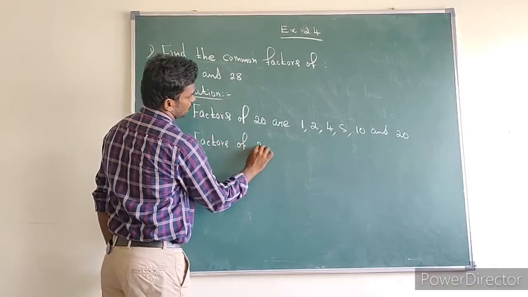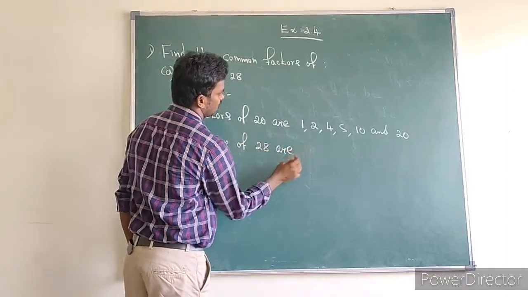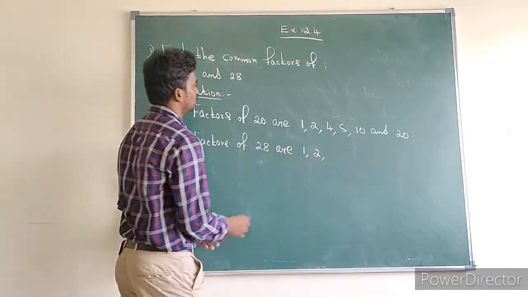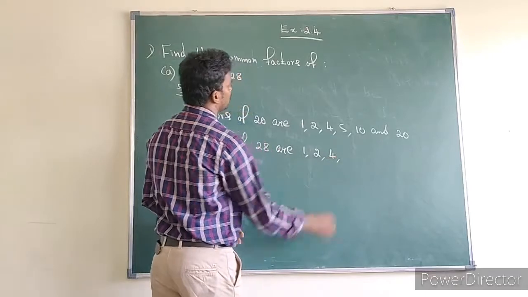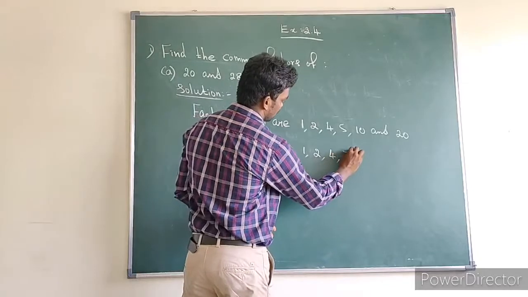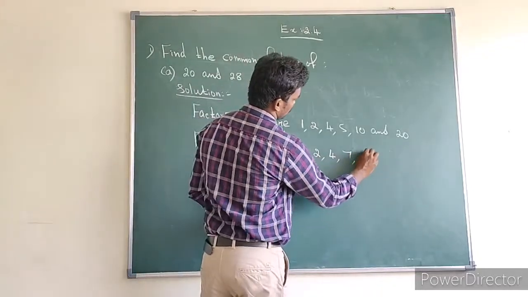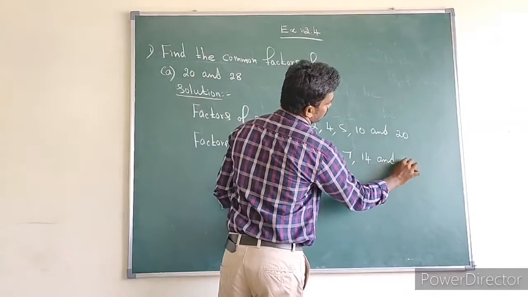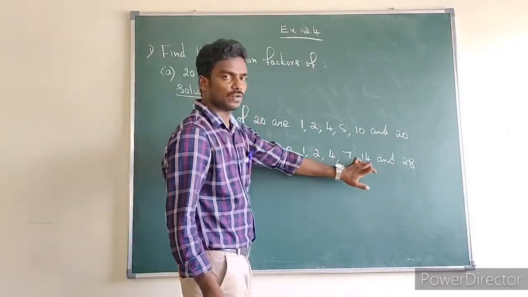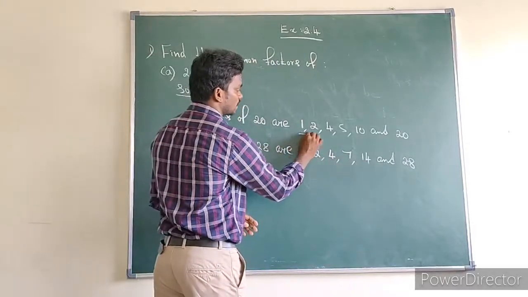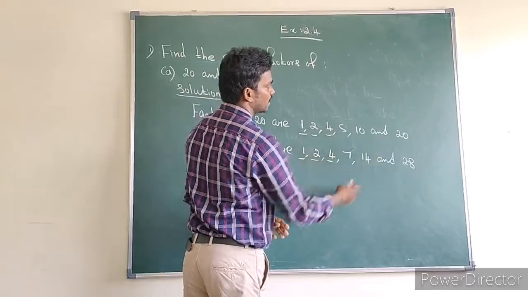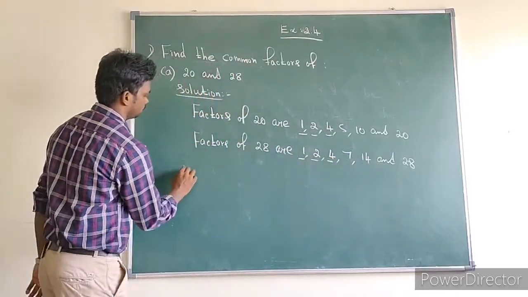What are the factors of 28? Factors of 28 are 1, 2; 28 is not divisible by 3. So 1, 2, next 4. This is also not divisible by 5 and 6. What is the next number? 7 divides it. Next 14 and 28. So the factors of 28 are 1, 2, 4, 7, 14 and 28. What are the common factors for these? 1 is a common factor for these two. Then 2, then 4. Any other common factors? No. Therefore,